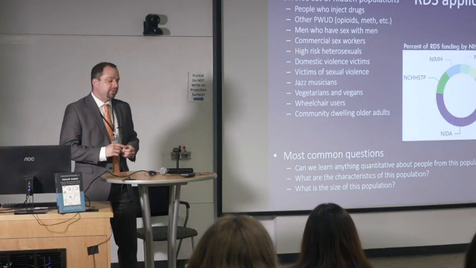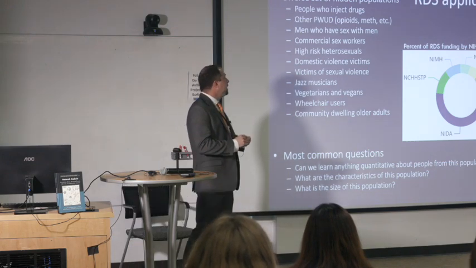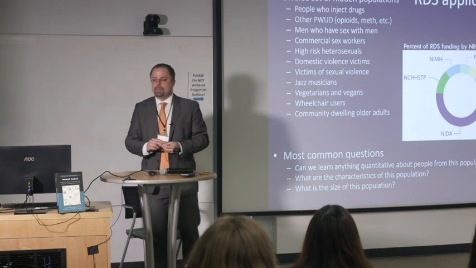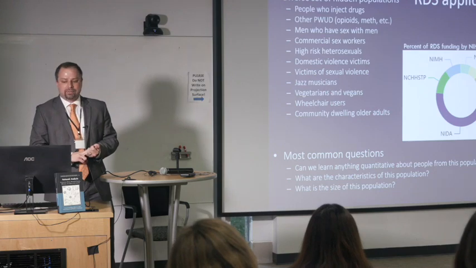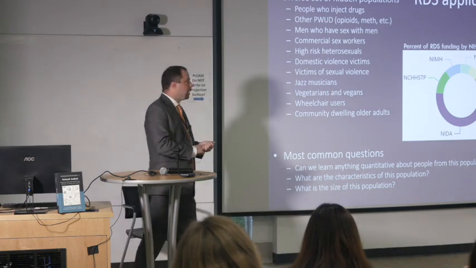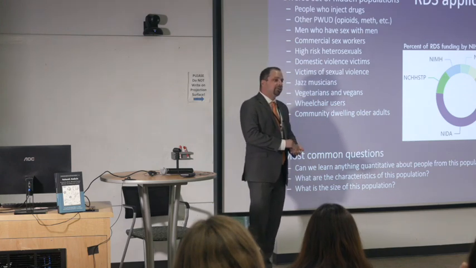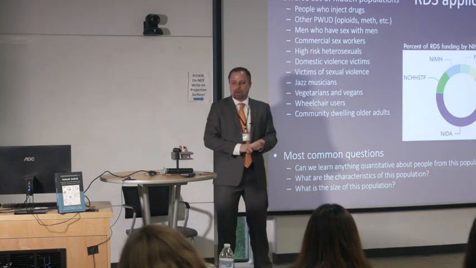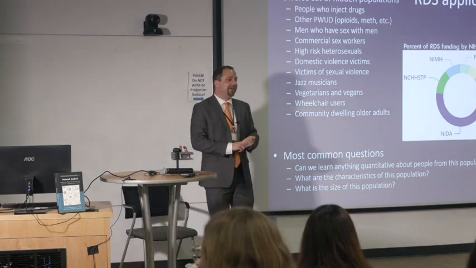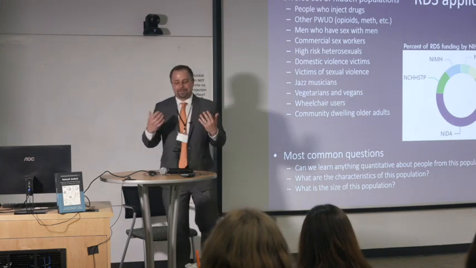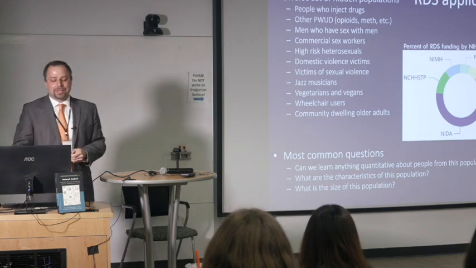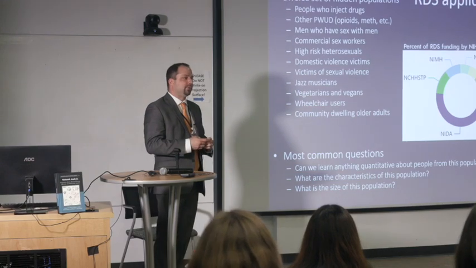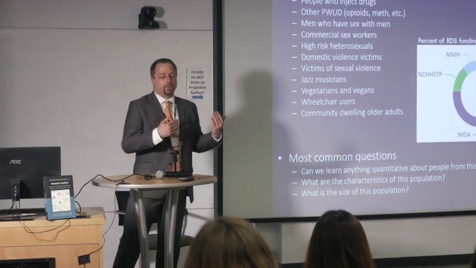So probably the biggest population surveyed with RDS is people who inject drugs. Second to that are other groups thought to be at key risk of HIV, including commercial sex workers, high-risk heterosexuals, and other people who use drugs. It's also been used to study other difficult to survey populations, including survivors of wartime rape, or, for a less depressing topic, vegetarians and vegans. It's also used frequently to study social groups that we think might know each other but aren't typically studied in the social sciences, like jazz musicians working in New York.